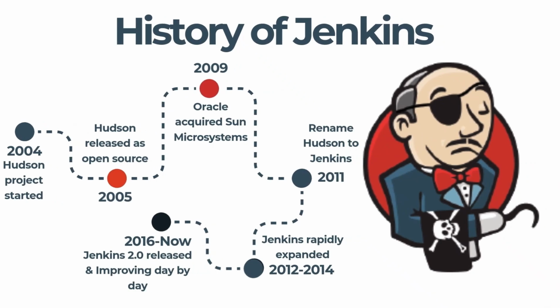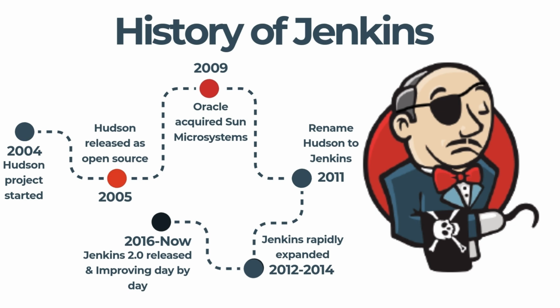Jenkins actually started back in 2004 when a tool was created named Hudson. In 2005, Hudson was released as an open source automation server and quickly became popular for continuous integration. In 2009, Sun was acquired by Oracle and soon conflicts began between Oracle and the open source community over who controlled Hudson. By 2011, the community voted to rename Hudson to Jenkins, and that's when Jenkins became its own